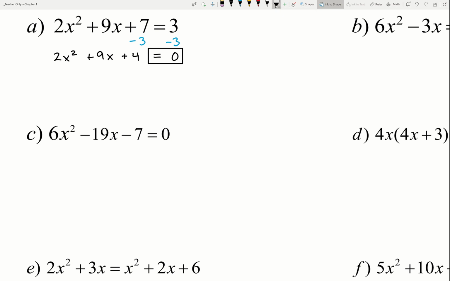Now, what we're going to try to do is continue with our factoring step, which would mean that we're going to take a look at everything on the left-hand side and factor this as a trinomial because it has 3 terms. First thing to look out for is a GCF. I don't believe we have one here because we have coefficients of 2 and 9 with a constant of 4. These are not numbers that have a common factor,